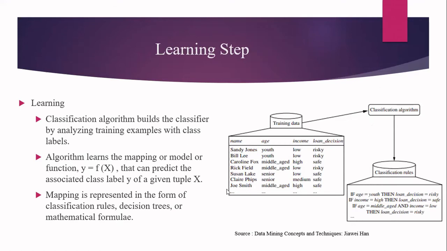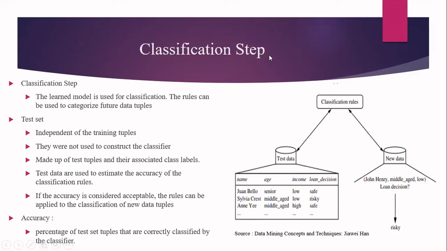Now, what is the second step? The second step is the classification step. What is done in this step? In the first step, we have formed the classification rules. In the second step, you have to test the accuracy of these rules, how correctly they predict new data when it is given as input. For that, we need something called test data. In the previous case, for developing the classification model, we used the training data. And here we have one more data, called test data.